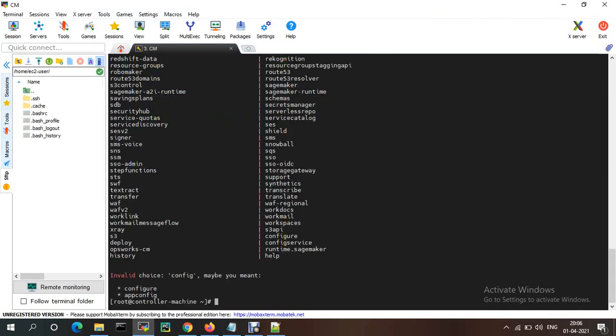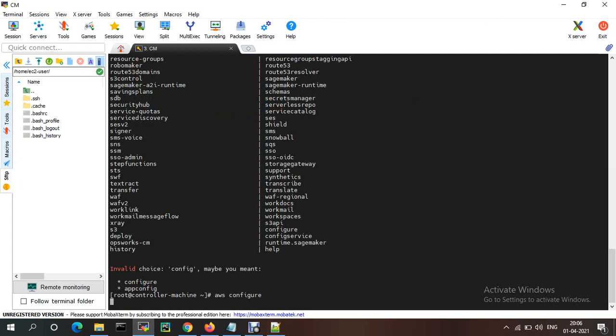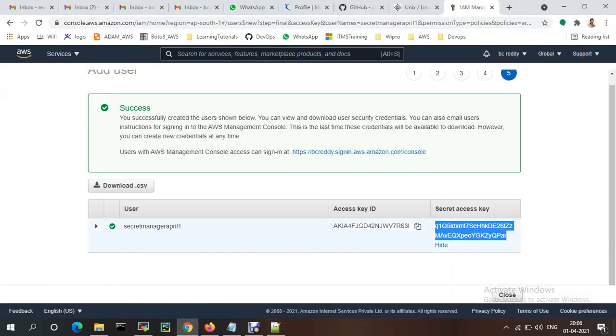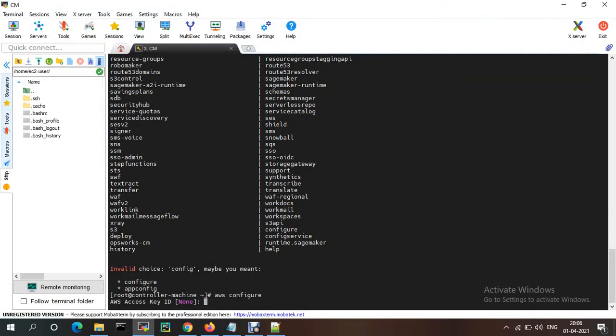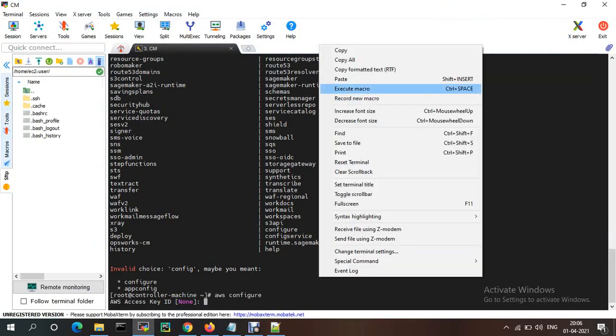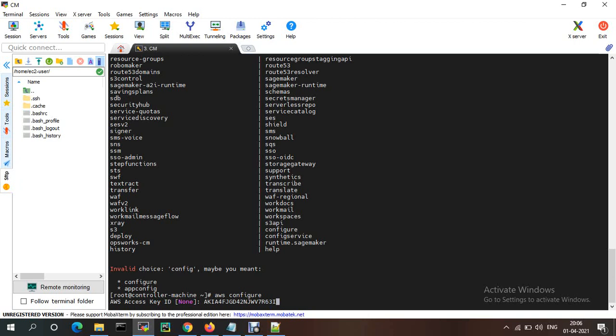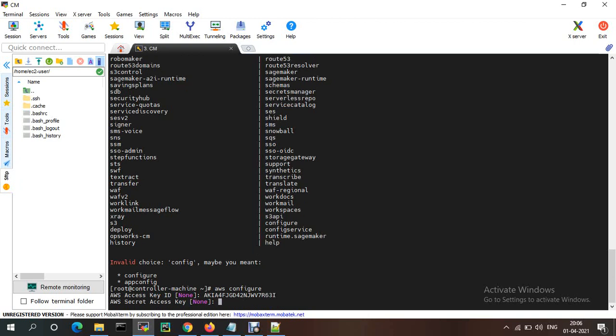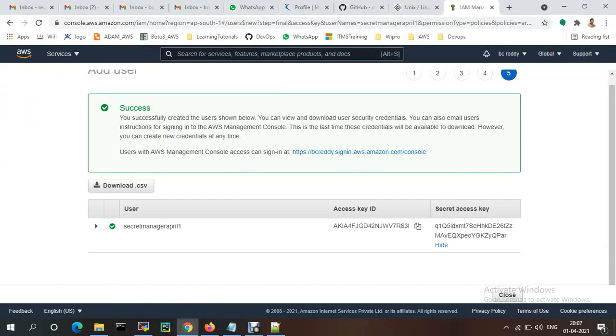It will ask for the access key ID, so you just provide the access key ID. Then it will ask for the secret key, and this is the secret key.